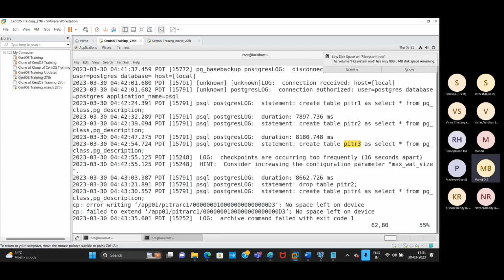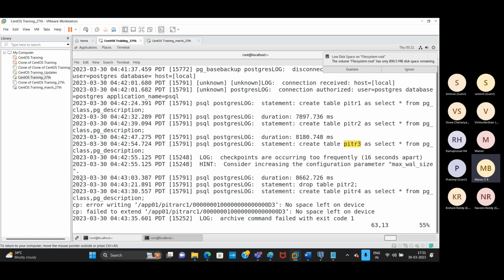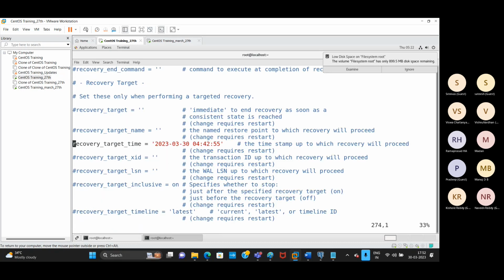Here we need to take the exact timings. 4:43:03. Yes, this one I will take exactly. So this one we need to take exactly, 4:43:03. Okay. So now I will again go to